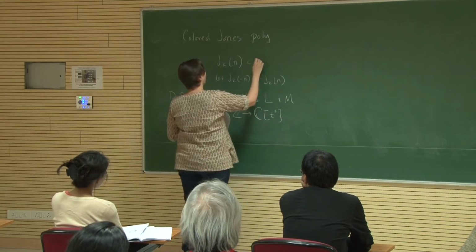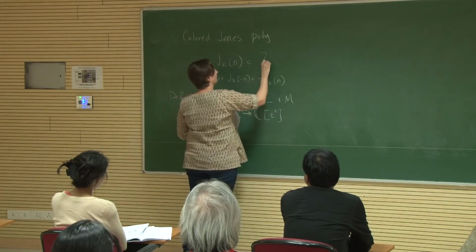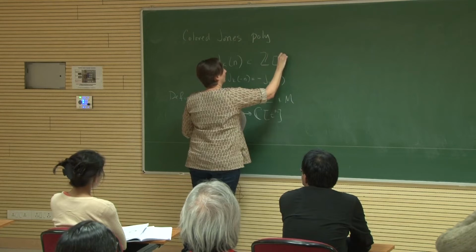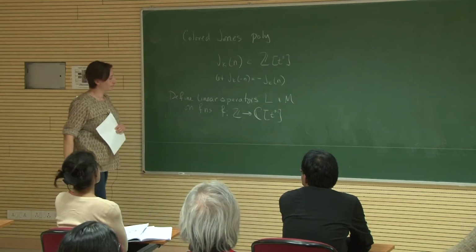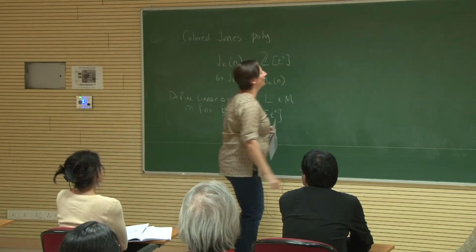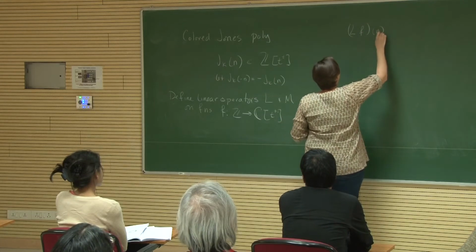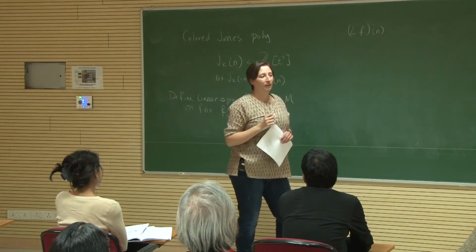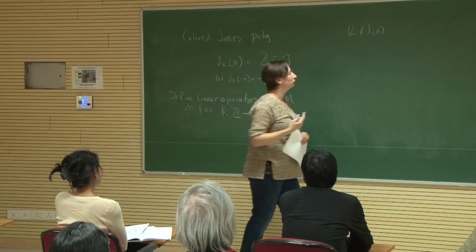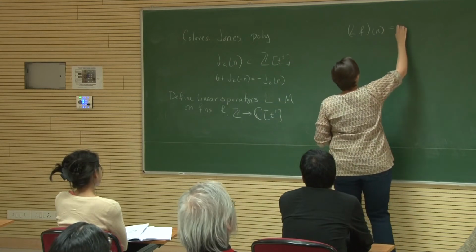So we should remember that this lives in a similar ring. Okay, so what does L do? L sends f(n) to f(n+1). So that looks kind of longitudinal to me,